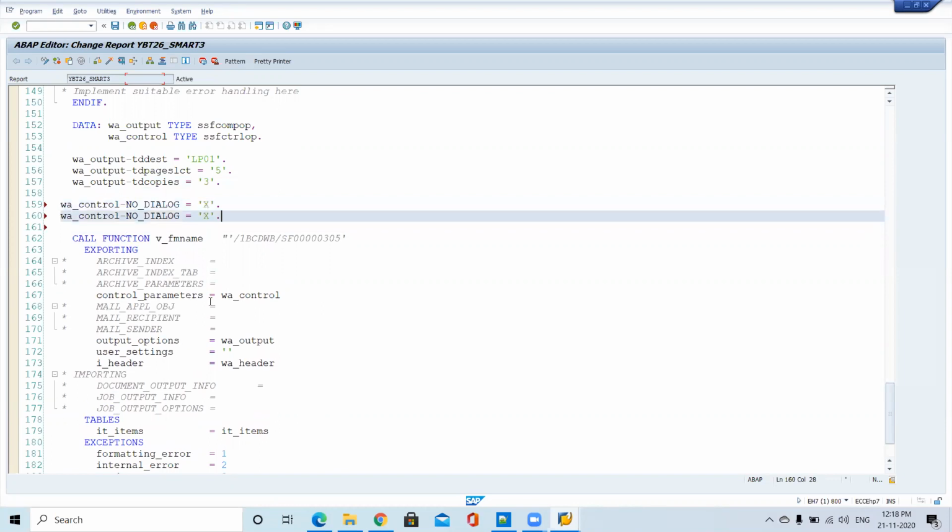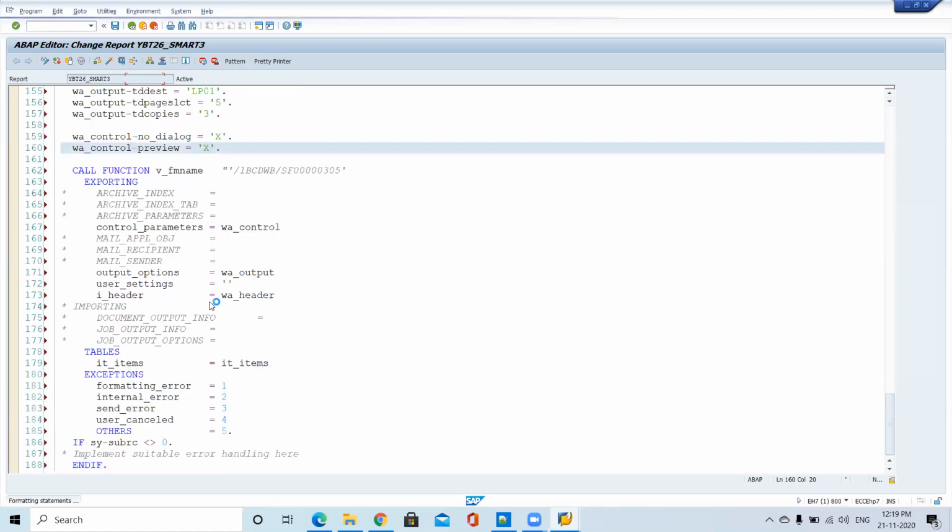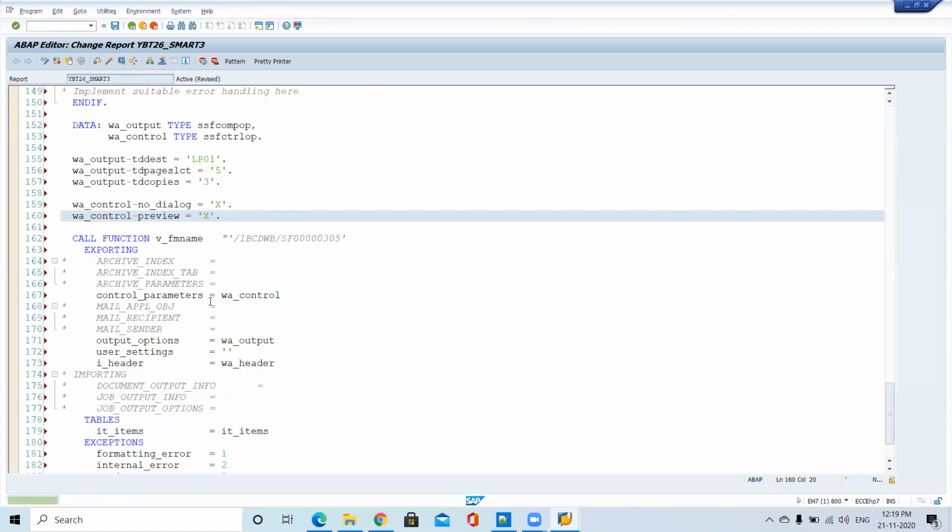In the same way, preview equal to X. So I just passed the 2 parameters.